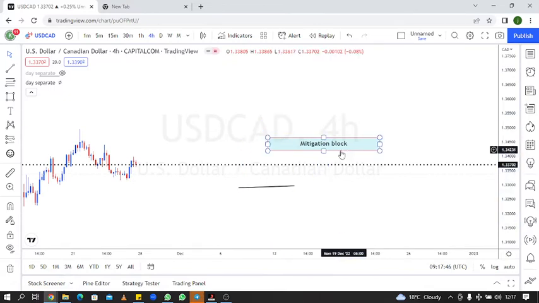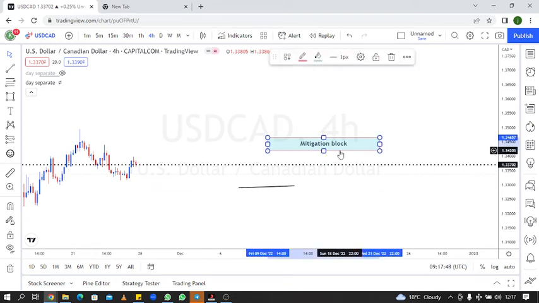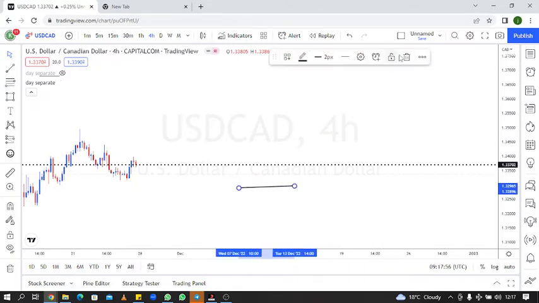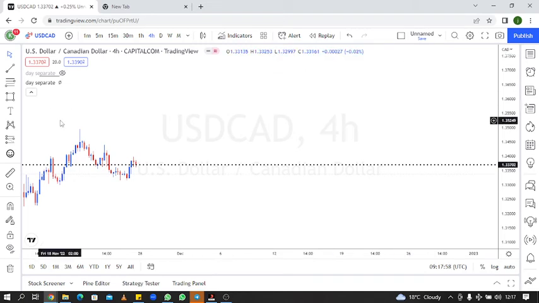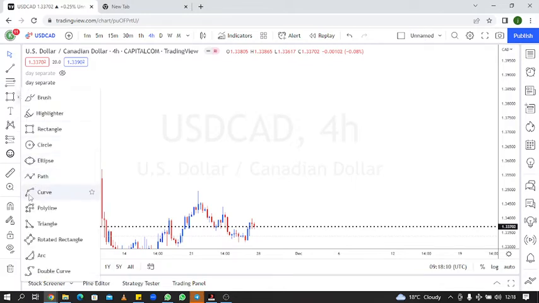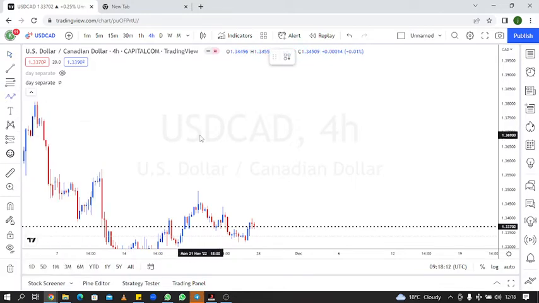I want to show you the mitigation block for a buy, and also a breaker for a buy. So when you are looking for a breaker for a buy, the market will form also the same move but differently. So a buy breaker,